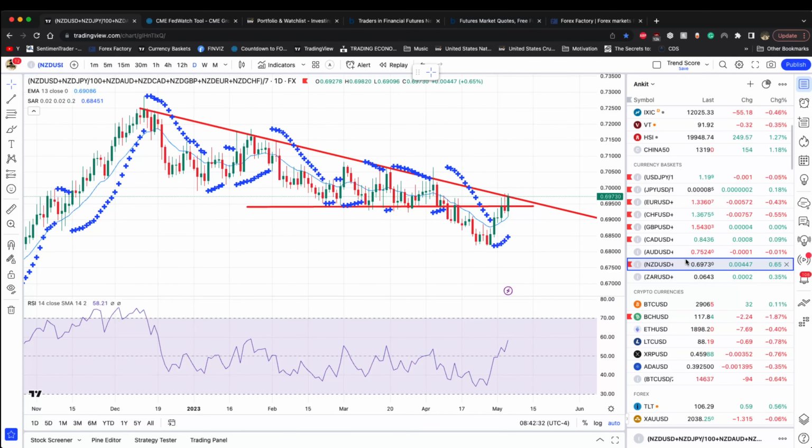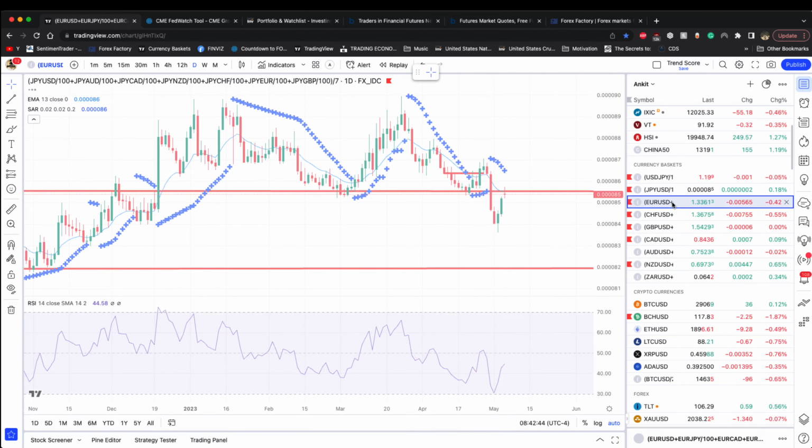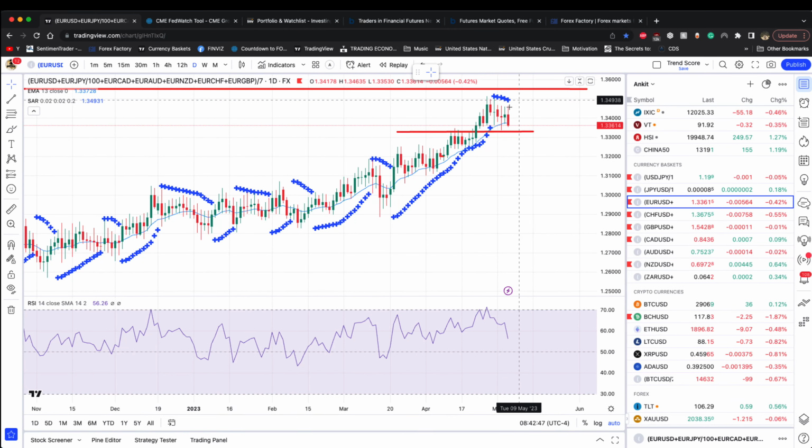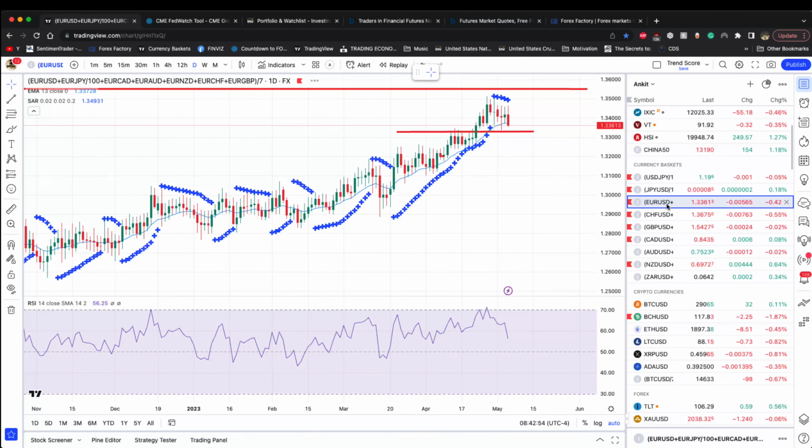And I think if you want to really make a note of critical areas, Kiwi is at a critical area for a resistance. The Japanese yen is at a critical area for resistance. So those two currencies we need to keep an eye on. And on the other side, we have the euro, which is also on a key level to break lower. Comparing it to Swiss franc, that looks much better. So euro would be more on the weaker side.